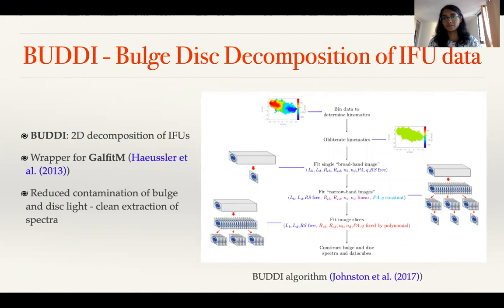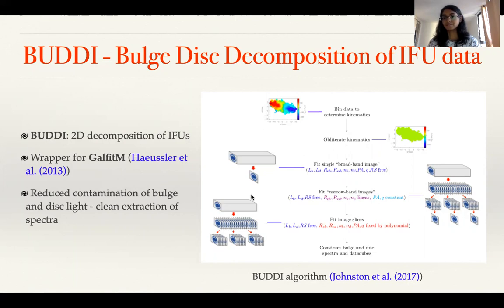So BUDDI, or the bulge disk decomposition of IFU data, is a tool that was developed relatively recently as a wrapper for GalFit-M, which is itself a multi-waveband profile fitting tool. BUDDI extends the idea of multi-band fitting to the many wavelengths of an IFU data cube. So using GalFit-M, it models the bulge and the disk of the galaxy in each image slice of the data cube,